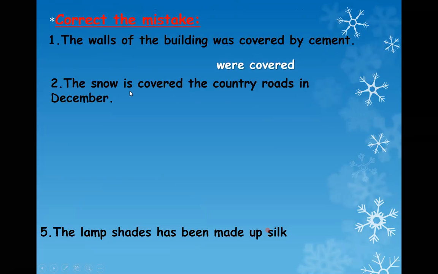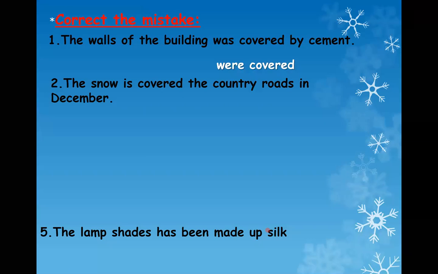Number 2. The snow is covered the country road in December. The snow is covered. Where is the mistake? Mariam Muhammad. Hello, Mariam. Can you answer? Here the mistake is in the places. Which covered, which was covered, or which is covered. The snow or the country roads? So you will start with the country roads. So the right answer will be? The snow